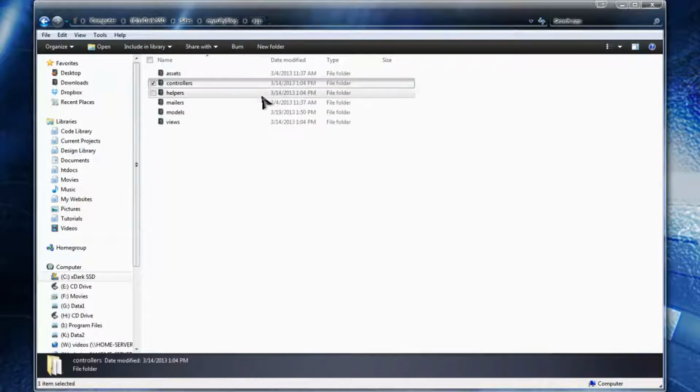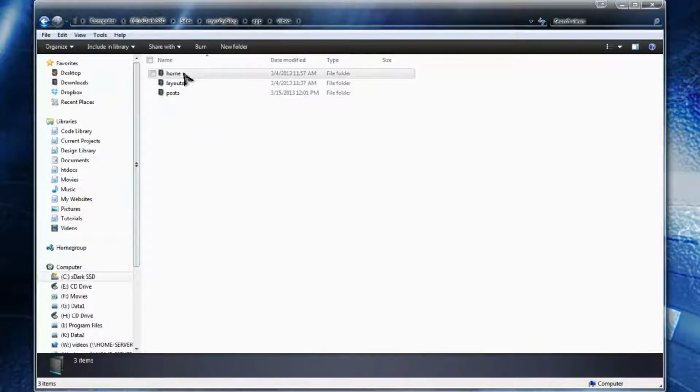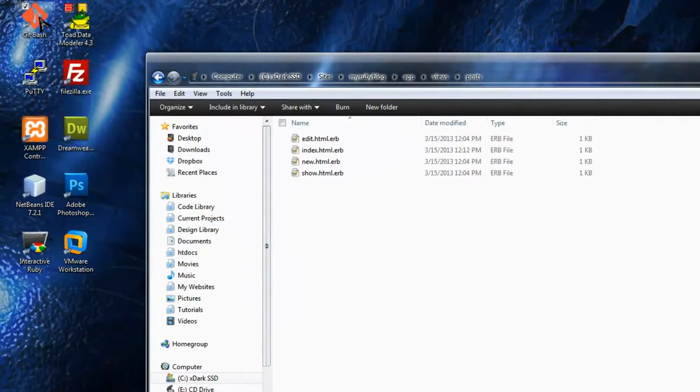Also, if we go to app views, you'll see we don't have a categories folder for our view files. If you go into posts, we have edit, index, new, and show. So I'd like to create these for our categories as well, so we can edit, index, new, and show categories. And to do that, we're going to open a shell prompt,